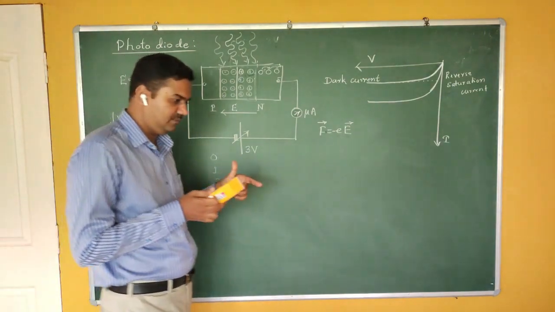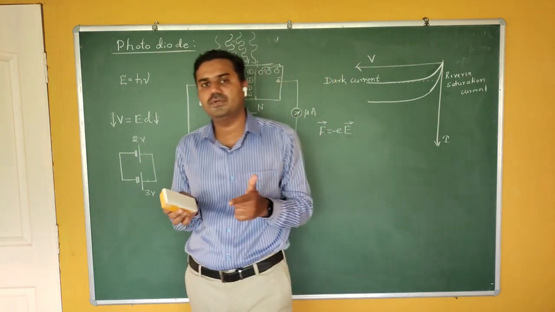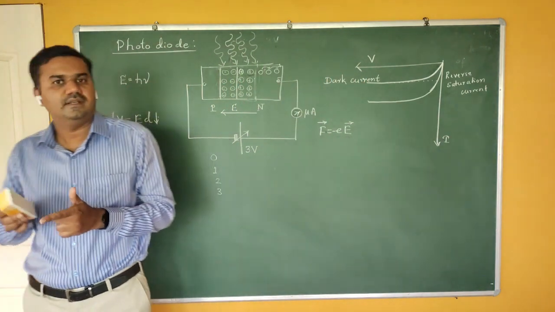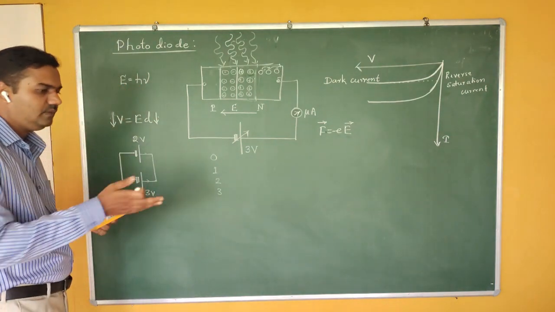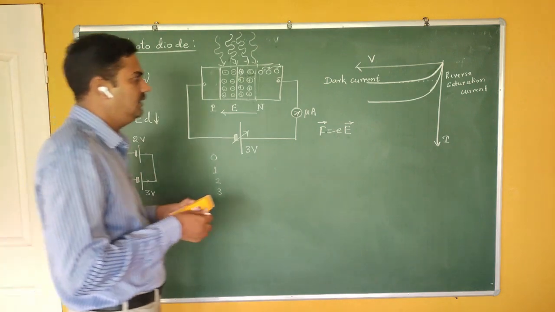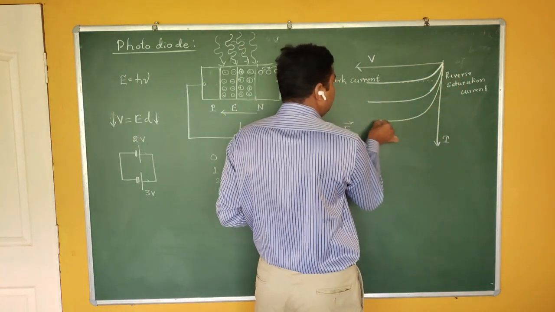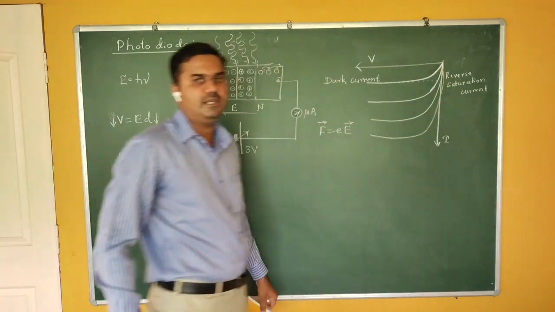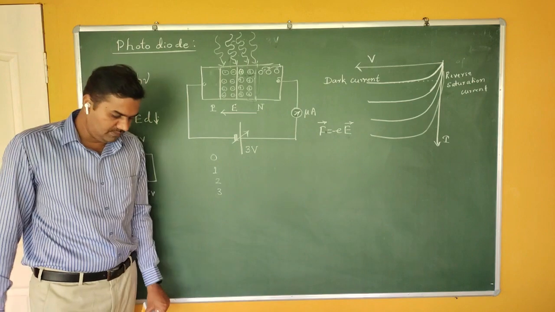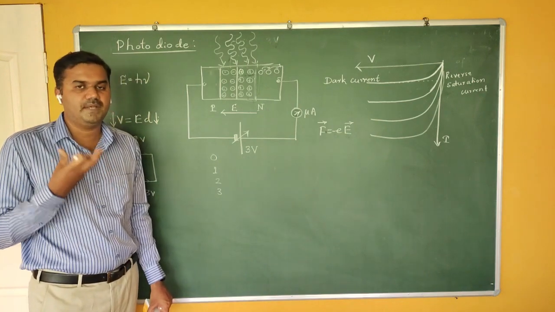In a room, if there is some light and you want to detect that light, then you can use photodetector diodes. So that is a use here. In a book, a graph is given in such a way that if you increase the intensity, the reverse current also increases. What is meant by intensity in case of quantum theory? In case of photons, what is intensity? Number of photons passing.